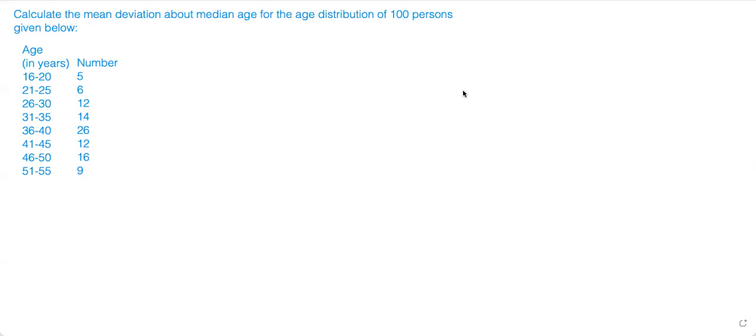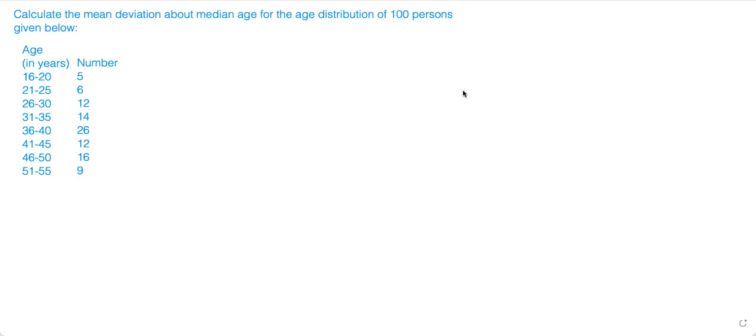Now let us calculate the mean deviation about the median for the age distribution of 100 persons, which is given below. So age and numbers, 16 to 20 and so on. Now, this given data is not continuous, therefore it has to be converted into a continuous frequency distribution by subtracting 0.5